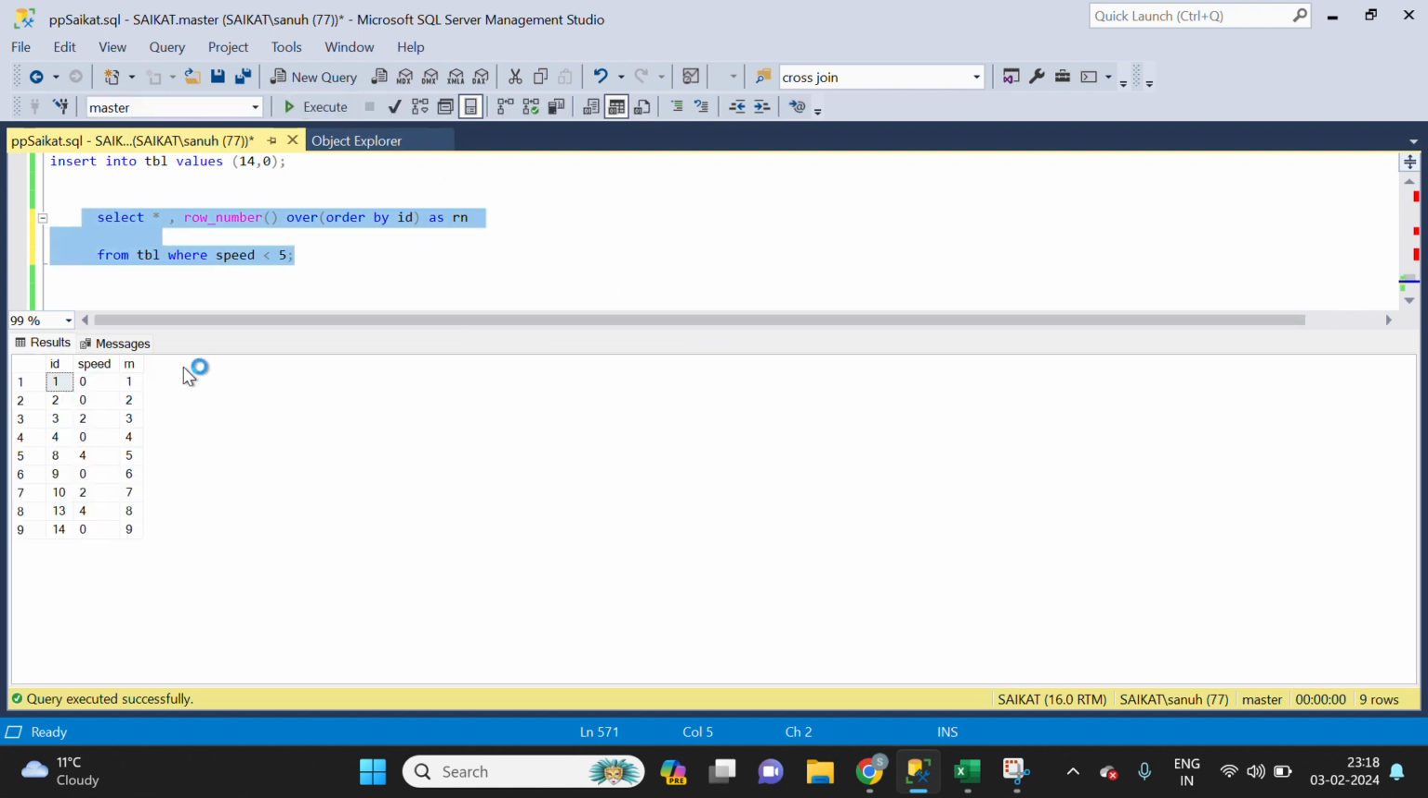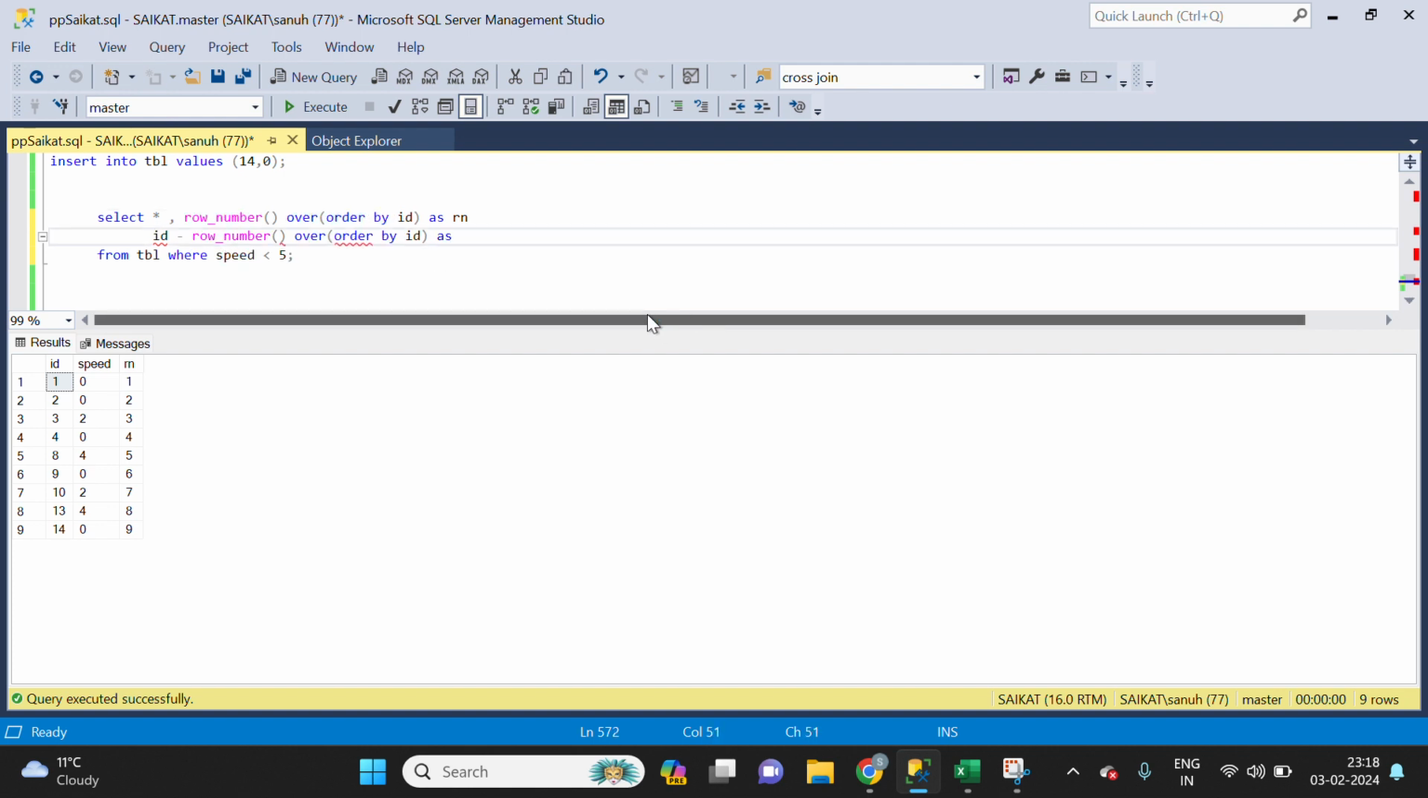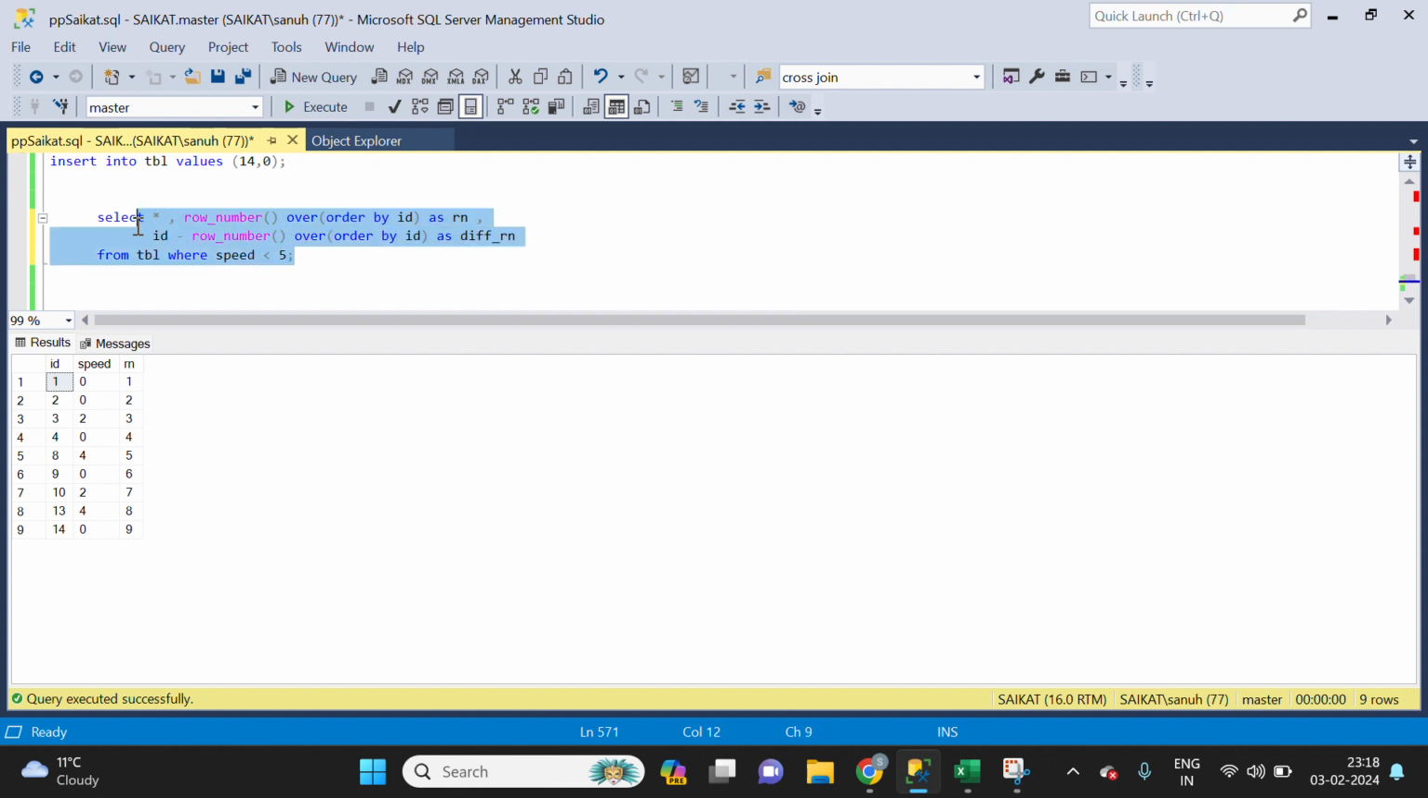If I run this, we get a row number: 1 2 3 4 5 6 7 8 9, only for when the speed is less than 5. And I'm going to subtract it from ID, so ID minus this. I'm giving it the name difference in row number. So if I run this now,